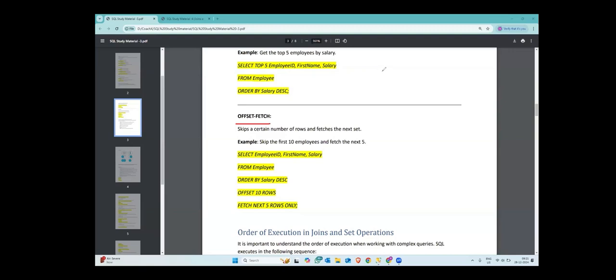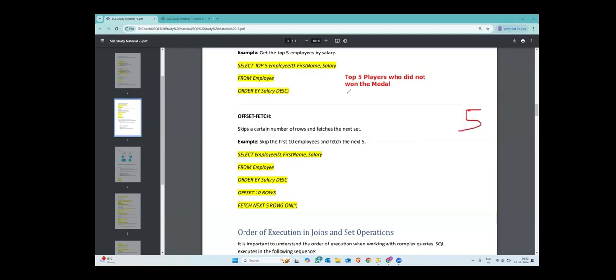Let us say you want to get details of the top 5. Let me write it here. Let us say I have this Olympics data of a particular event. I want to get the top 5 players who did not win a medal. Right? So what do I have to do? I have to select